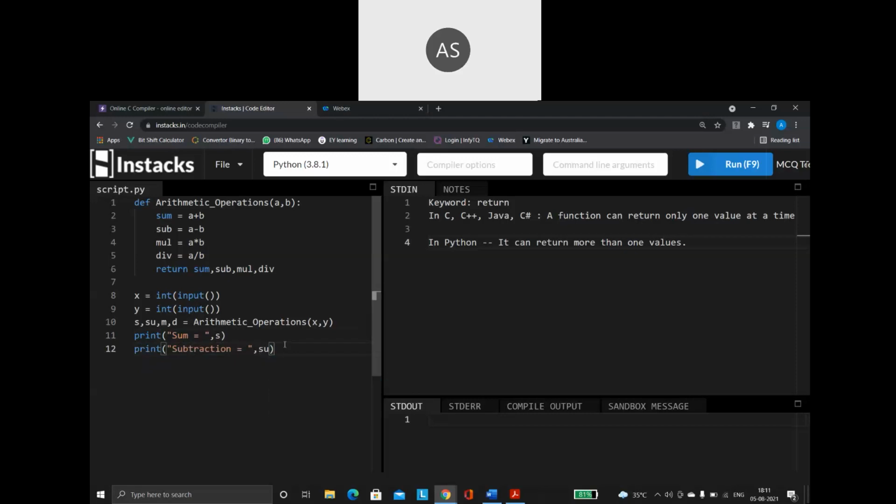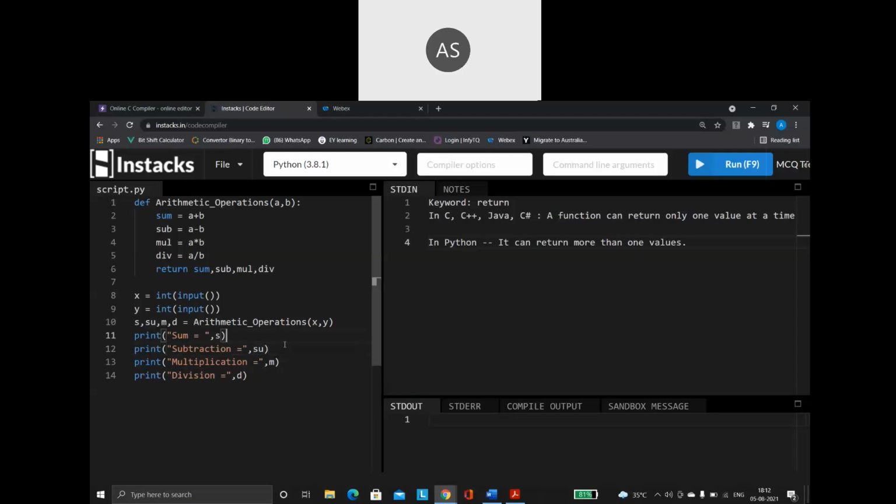That is the variable I'm going to use. Then print multiplication equals to m, and the same way for division: print division is equal to comma d. So that's it. I am taking all the variables and printing the values.